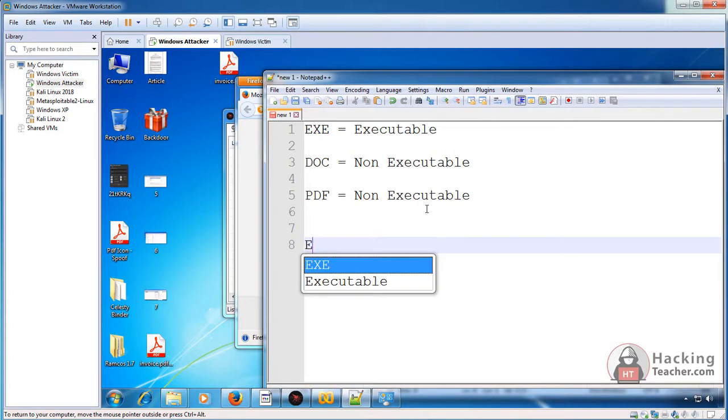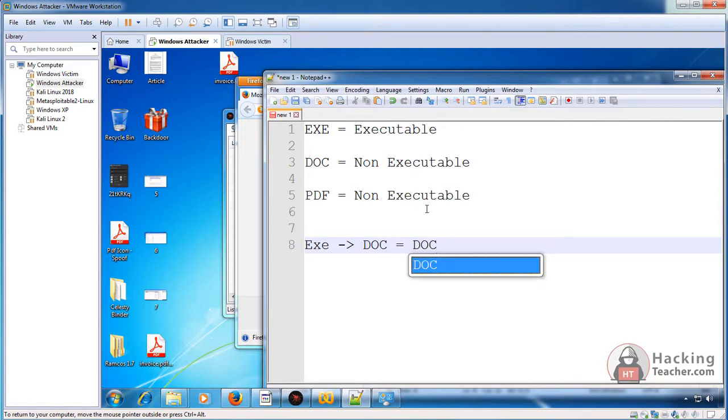We can use our exe file and we can bind it into a doc. And as a result, the file will also have the doc extension. But now it will depend on the opener. Like the latest version of Microsoft Office is 2016. If that version is safe, if the opener is safe, it will only start your doc file. It will not start the exe embedded in that.